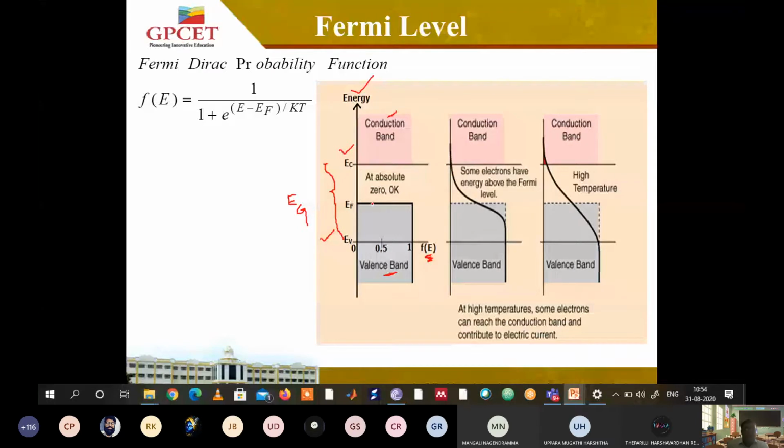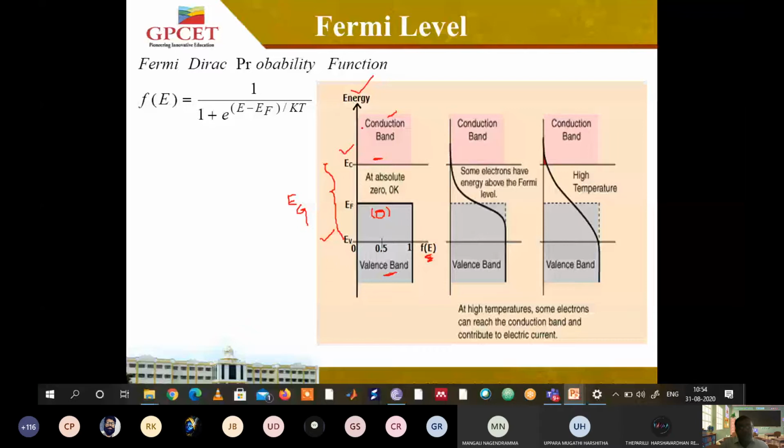Suppose an electron is present in valence band here. If an electron is present here, it takes certain energy from the atmosphere and jumps from this point to the conduction band, so that in turn it will leave a hole here. That is what the current flow in semiconductors is. As an electron is moving from one point to another and jumping from valence band to conduction band, in turn electricity is generated because this electron is a free electron.